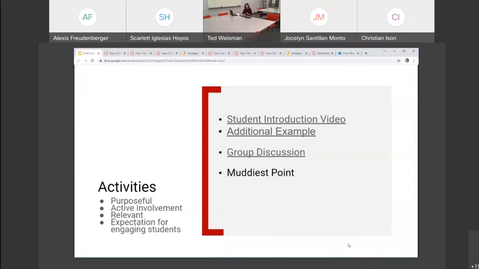But what it does is it gets students to engage with the content, and it gives you as the instructor an idea of where students are having issues, if there are any points that you need to explain, right? You may get maybe feedback that is not useful, but I find almost always that there are gems that come through, because generally if one student has a question, so do others.